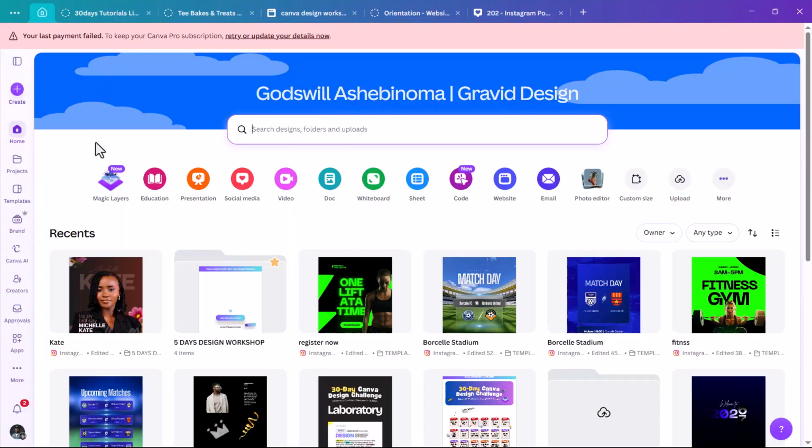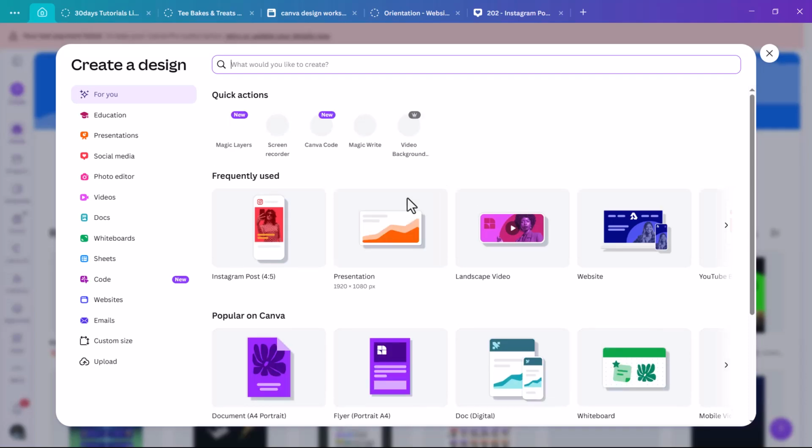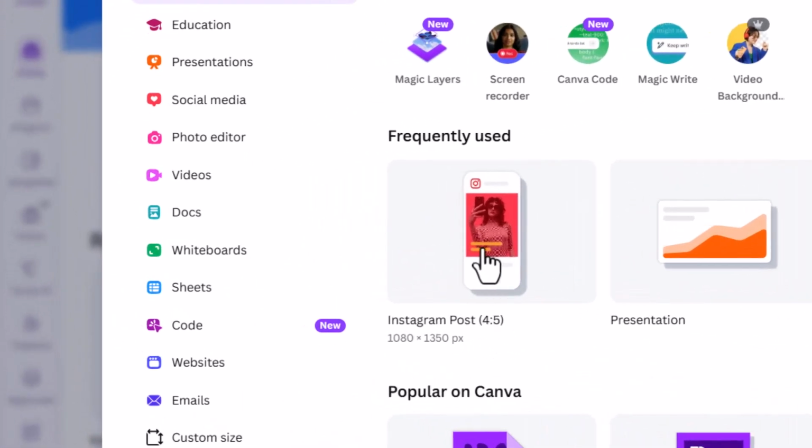Alright, so the first thing we're going to do is to create a new page. Come to this plus icon which is create. If you're using your smartphone, it should be right in the center bottom part of your phone. So you're going to use the Instagram portrait size, which is this one, 4:5. Okay, we're going to click on it and it's going to open up a new page for us to design,